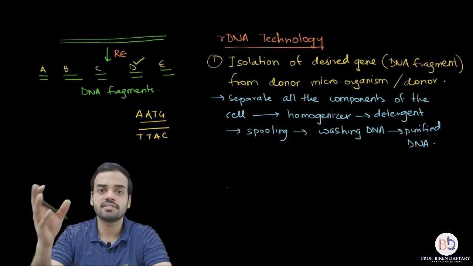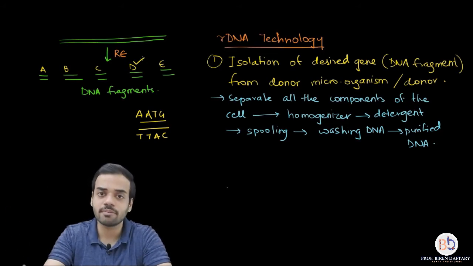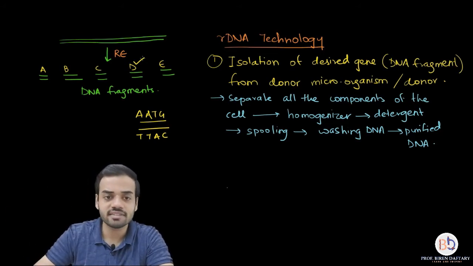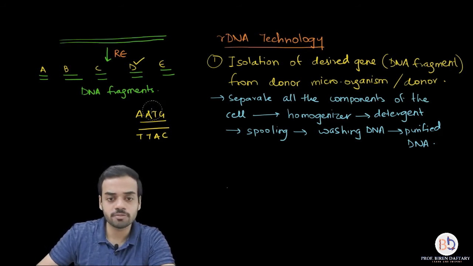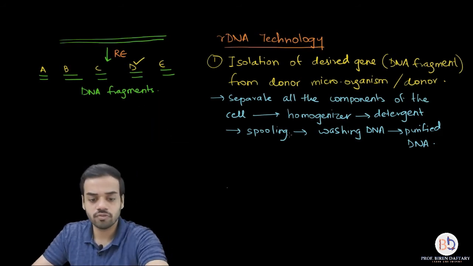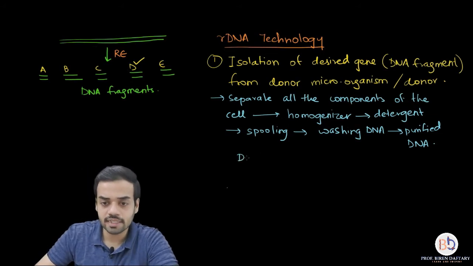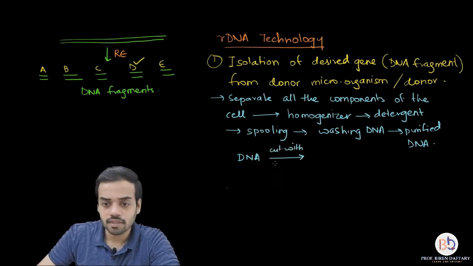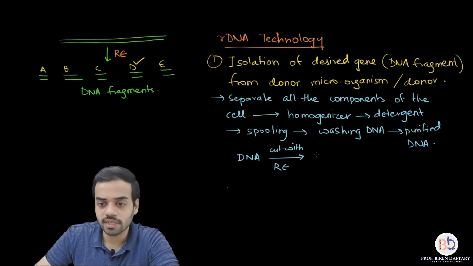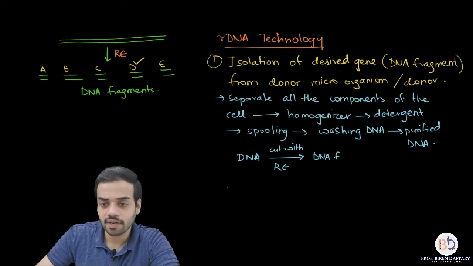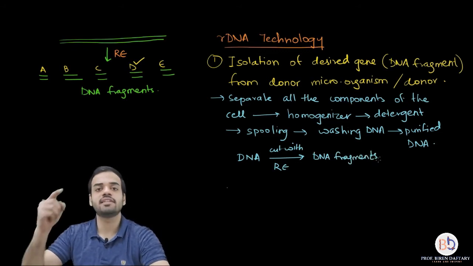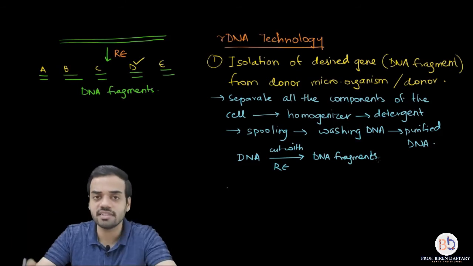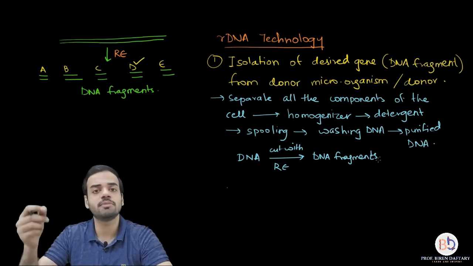Very simple. If the same sequence of the gene is present in the fragment, that means you have to choose that fragment. Is this clear? Okay, so I hope this part is clear. I will write down over here that DNA is basically cut with a suitable restriction enzyme and you get DNA fragments. Out of all those DNA fragments, you will select the fragment which has your desired gene. The same sequence of the gene should be present on the fragment.